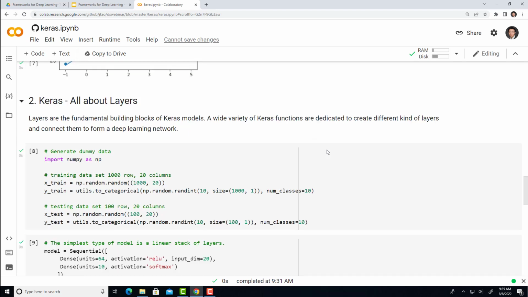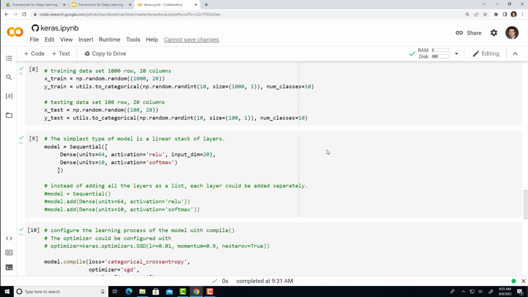For Keras, it's mostly about layers. This one is trying to show you a very simple approximation function that we are trying to build with multiple dense layers. For the input dense layer here, we have 64 units, meaning 64 neurons created. With the input dimension 20, we are creating an extra hidden layer of 64 neurons. And then finally, we have 10 neurons as the final output. We're using the softmax activation function to give us a mapping to probability, which is able to map all your input into the range of 0 to 1.